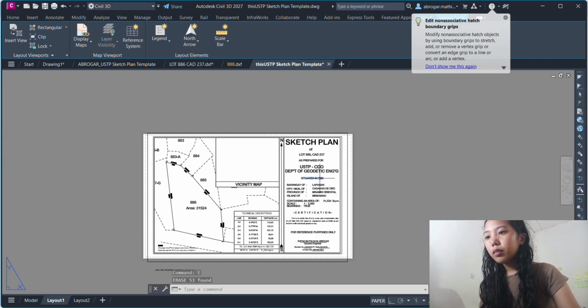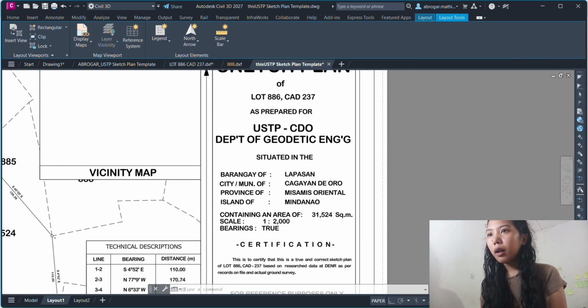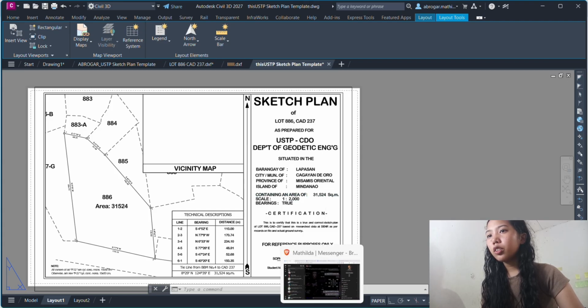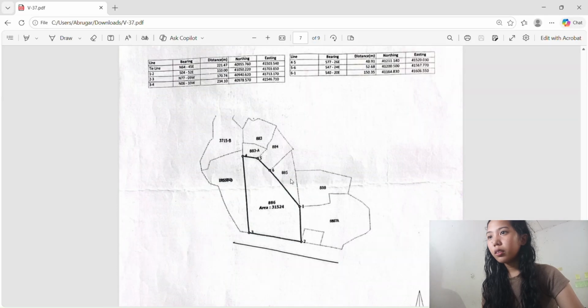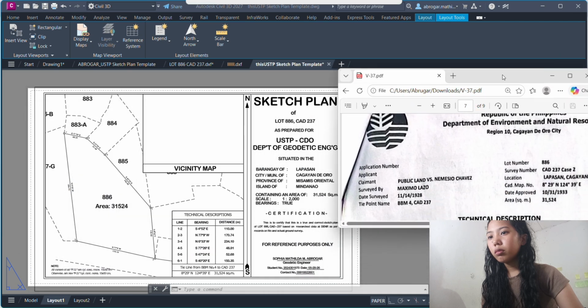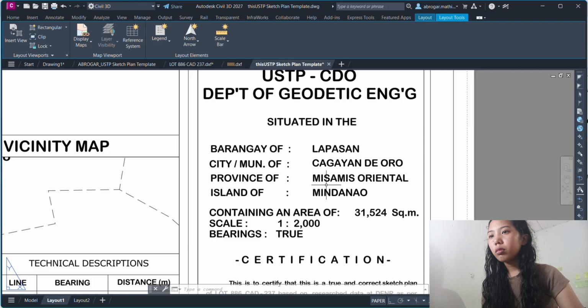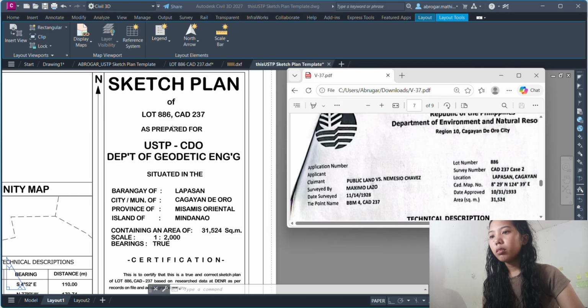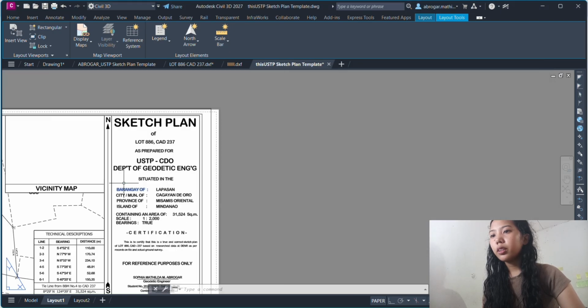Annotate. After annotating, select all the area or the adjacent line, then change the color to white, all white. Then again, for scale, select the area,